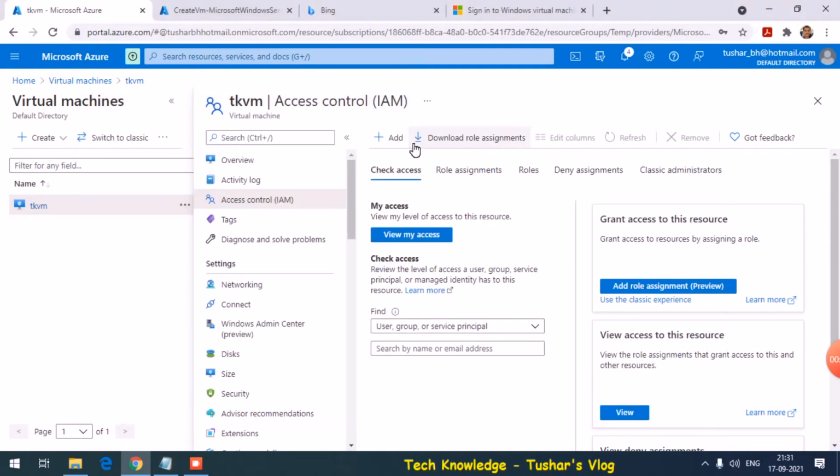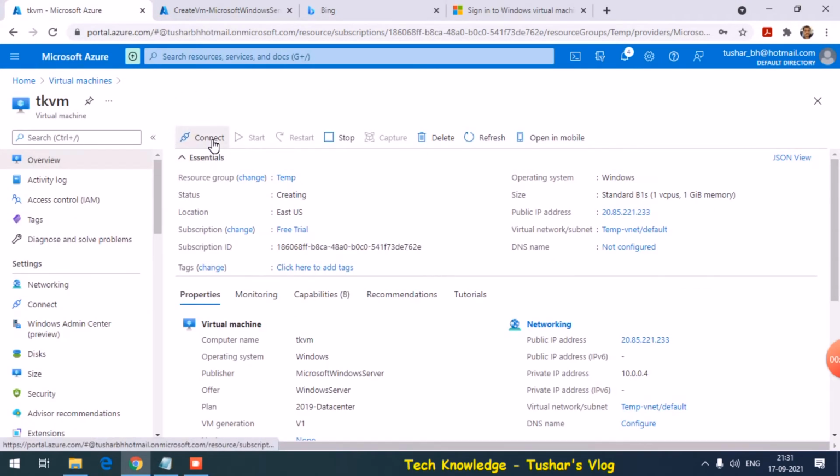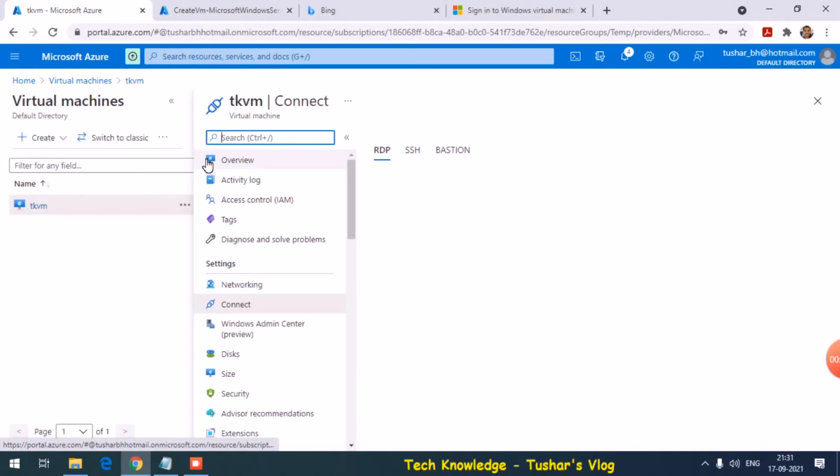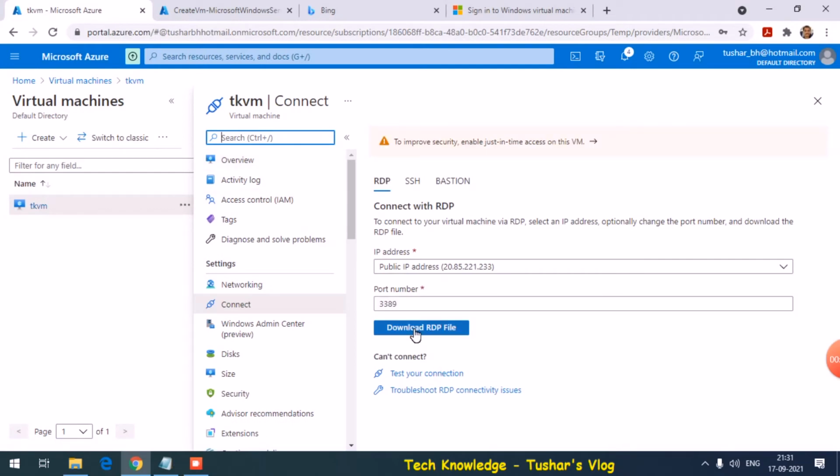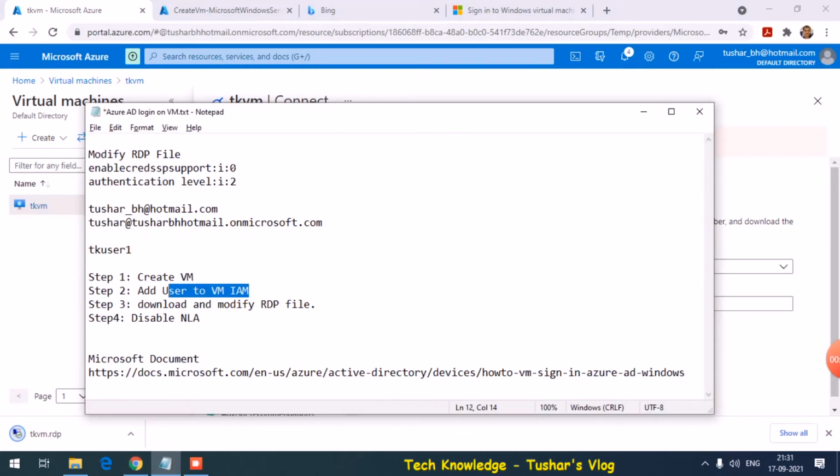Let's see if I can download the RDP file for this VM. There is slight change required in the RDP file so that you are able to log into the VM even with your old operating system. So these are the two lines.